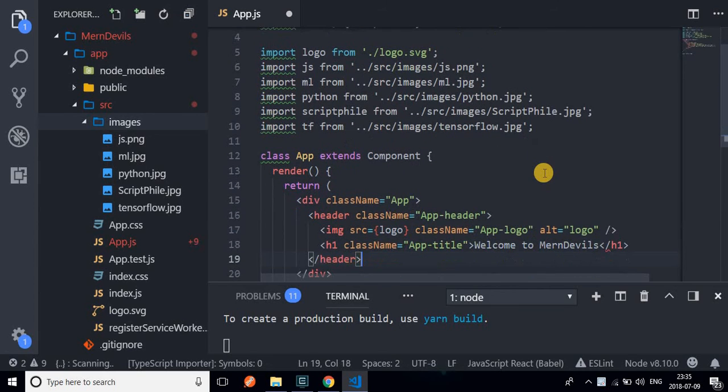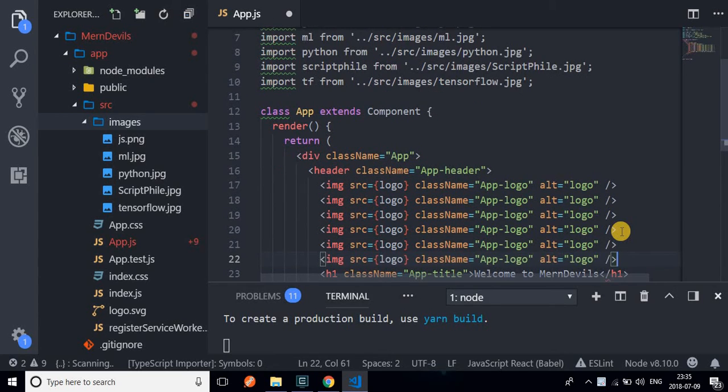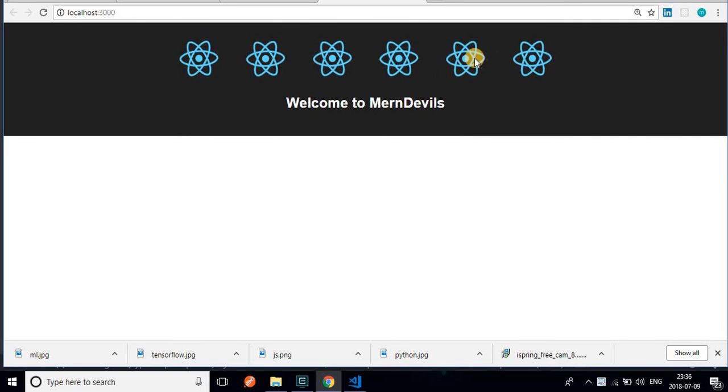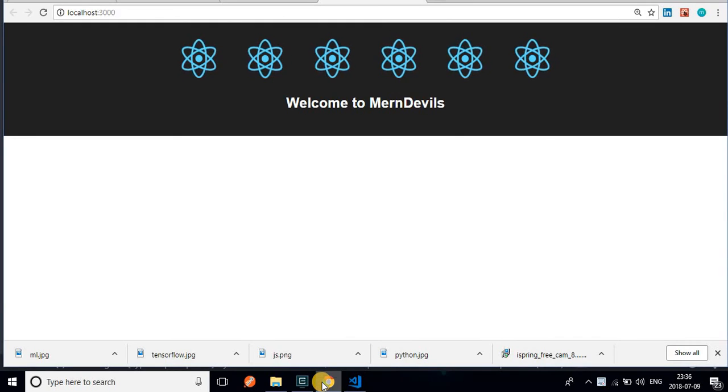So how do we use those images? Simply copy this line, just this one, copy this and paste it multiple times, as many times as you want. So here we have 3 to 5 and one logo, 6 I guess. Okay, so now if I save this, I think you will get some warning that the images are not found. No problem. And you can see same logo, that is React logo, but we'll be changing this